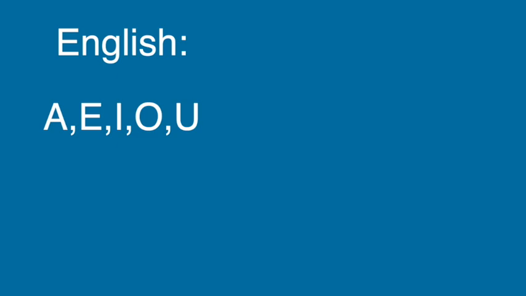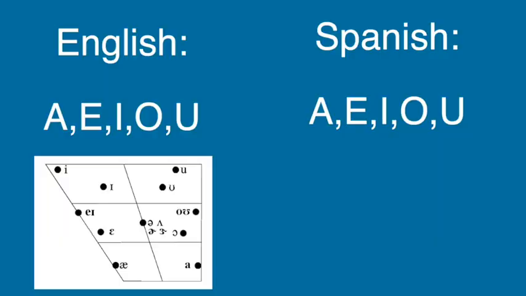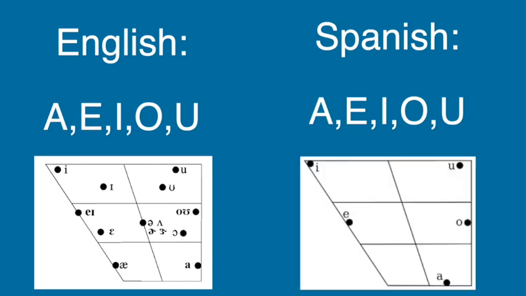The English alphabet has 5 vowels. But spoken English has something like 14 different vowel phonemes depending on the dialect. In Spanish, it is a little bit easier because the Spanish alphabet has 5 vowels and spoken Spanish has more or less 5 vowel phonemes. And these 5 vowels are relatively common among the world's languages. And again, I'm comparing English and Spanish in this video,